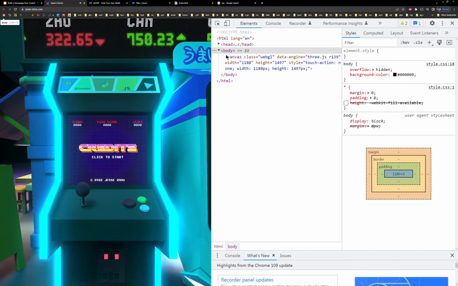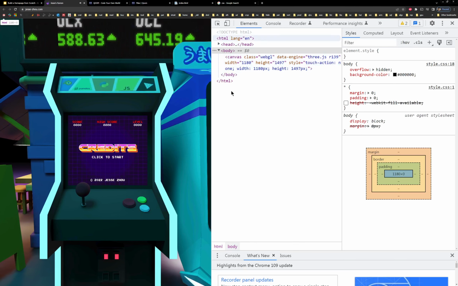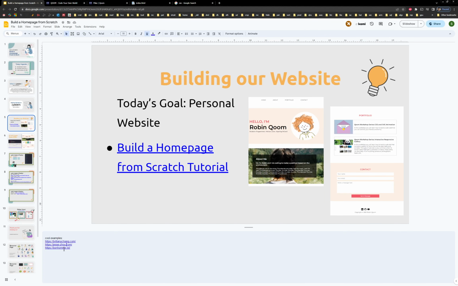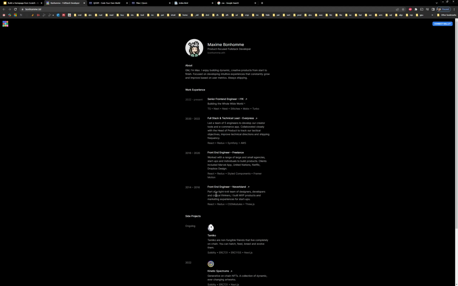You can see it was using this thing called canvas, but it's all inside an HTML. So this is a possibility. Maybe not one that's very close in reach, but it's interesting in itself. And then we'll look at the last one, which is much simpler and probably something that's going to look more